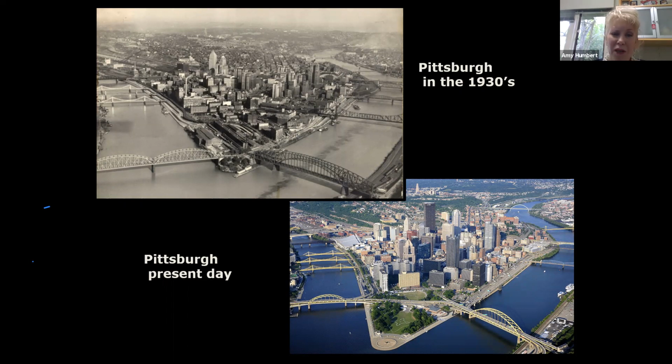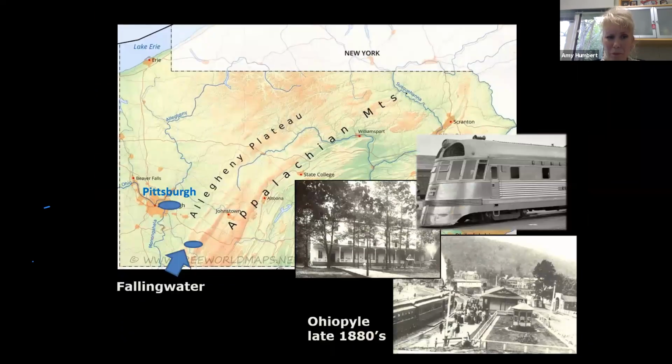And there was an area of the state that was really easy to access, and a lot of Pittsburghers started to vacation in that region. It was a section of the state down in the lower left-hand corner, an area called the Laurel Highlands. We were very much like what the Catskills were to New York City. And one of the